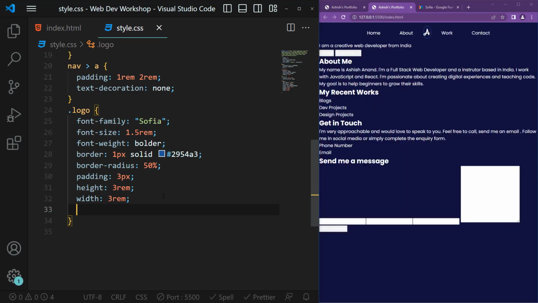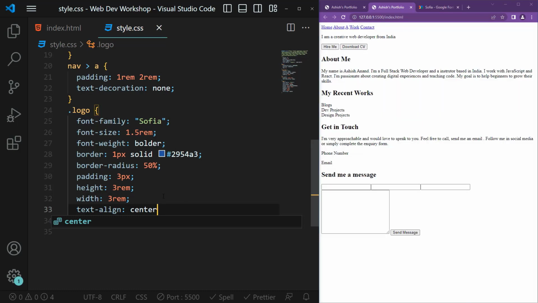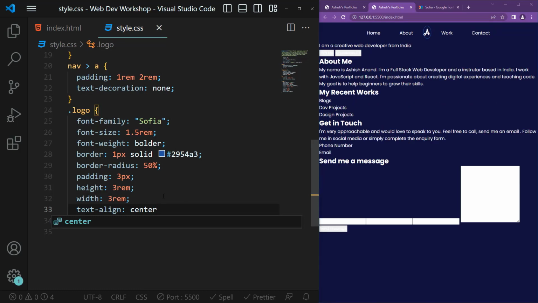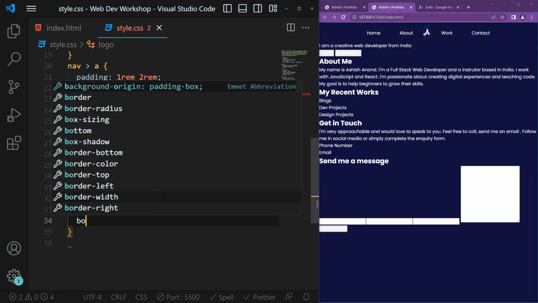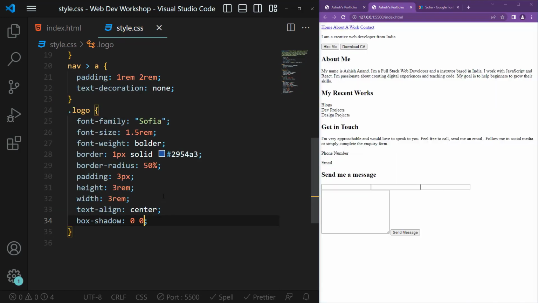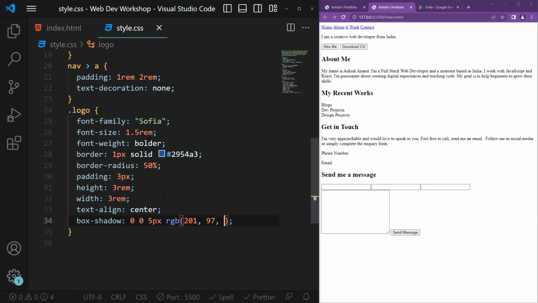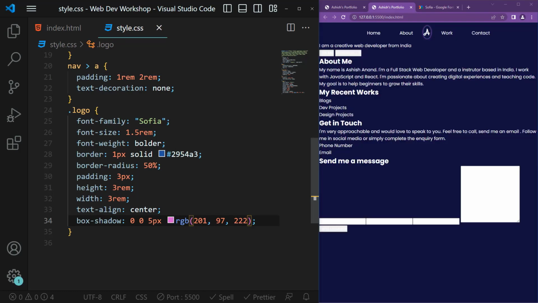Okay, so now we'll say text align to center like this, and we want a box shadow. So we'll say box shadow to 0 0, that is position at 0 0. Then we want the blur to be 5 pixels, and we want the color to be RGB 201, 97 and 222 like this. And you can see that we have now got a nice box shadow, but you can see